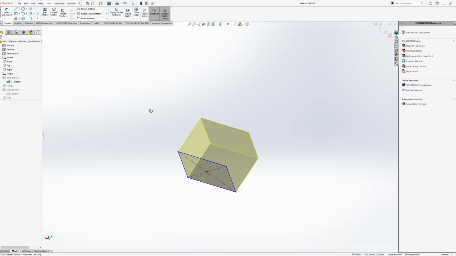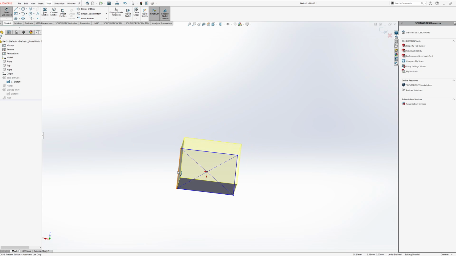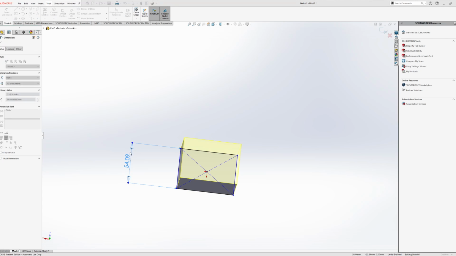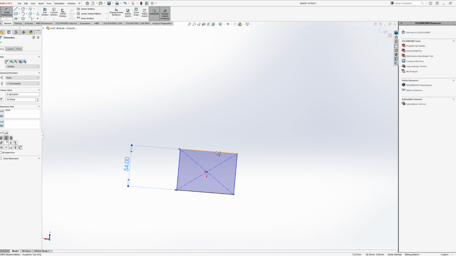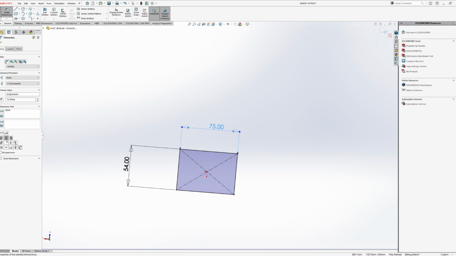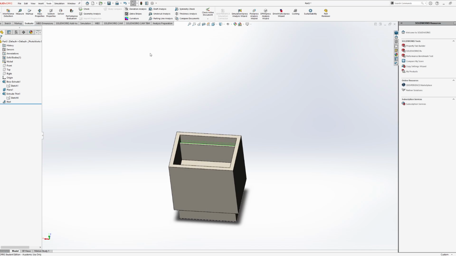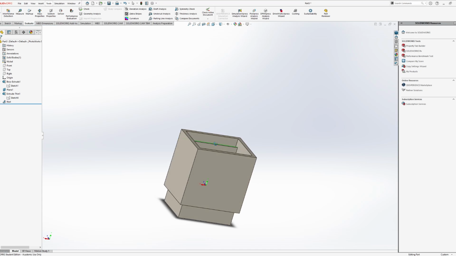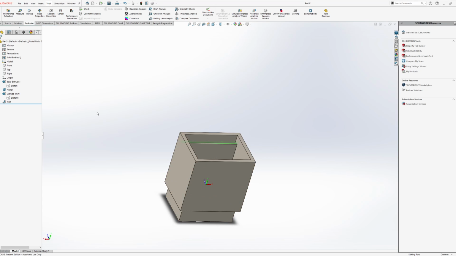I guess I can even prove it right here. That was 3031, and if I change this to say 54 and change this to 75, then the mass is probably going to increase just a smidge. More than a smidge. It went up by about 17 units. So just changing those two things added about 17 grams,